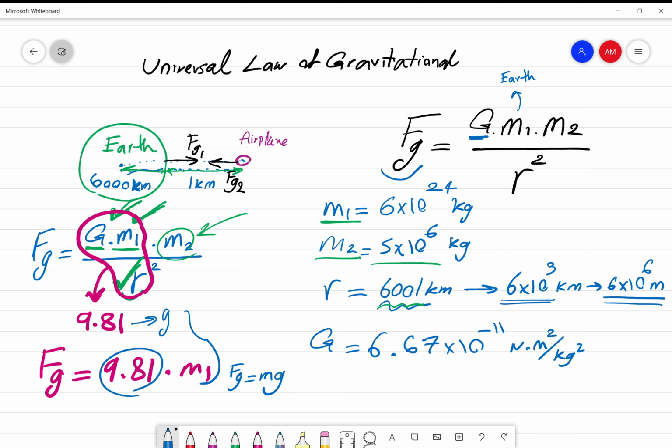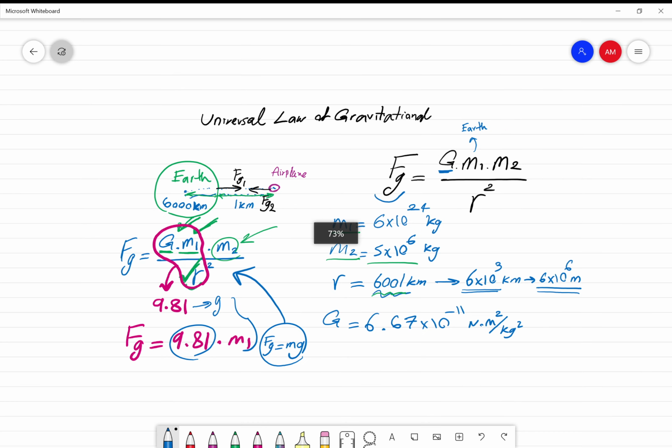So this basically is a special case, or a special occasion, when Earth is one part of the universal gravitation equation, the law. Okay? Let's go back to our calculation. Now, when we're looking at the equation and everything here,